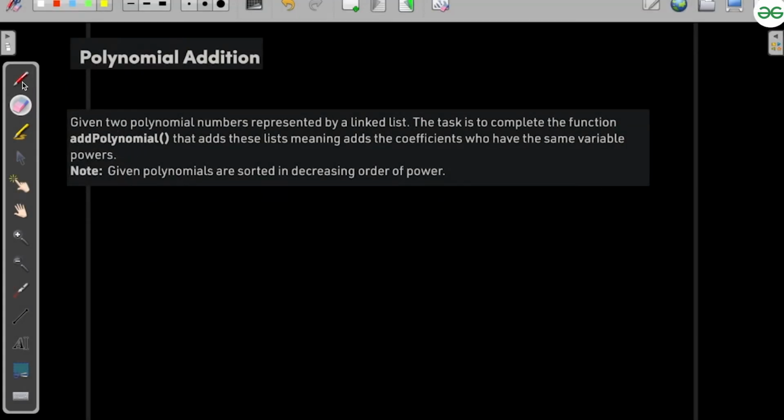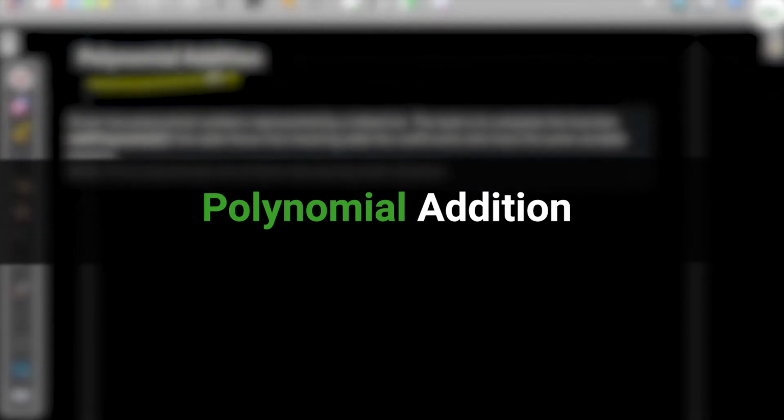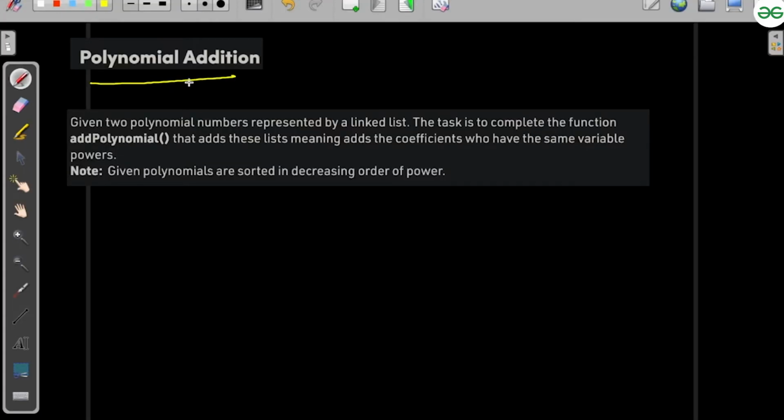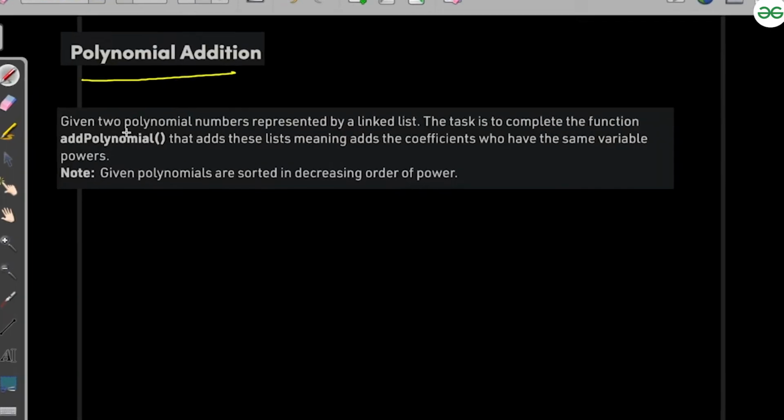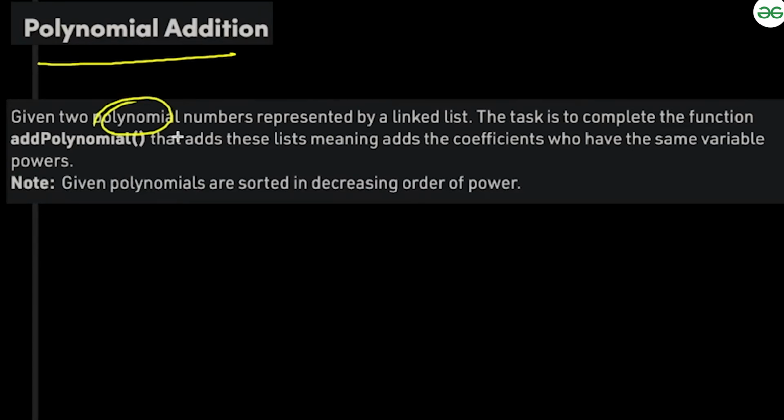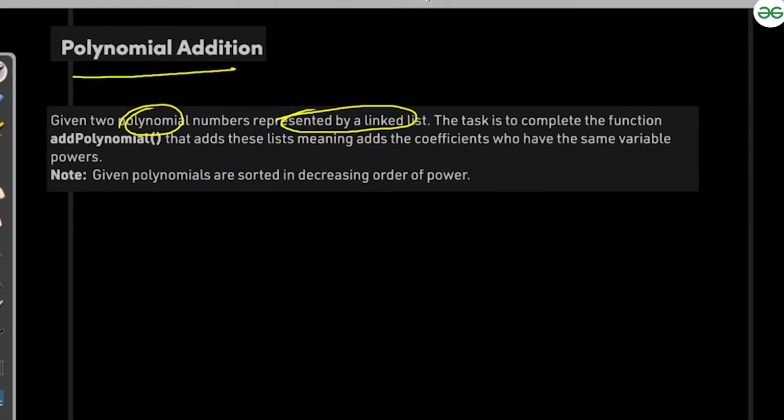Today we would be discussing the problem polynomial addition. In this problem, we are given two polynomial equations and we need to add those equations and return it. And the polynomial equations are represented by a linked list. So before moving forward to the problem and discussing about it, let us first discuss the polynomial addition and revise